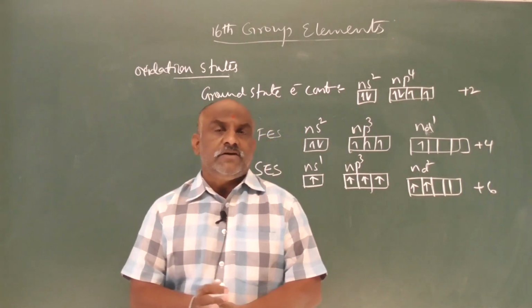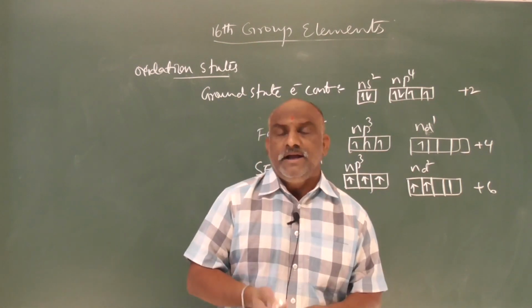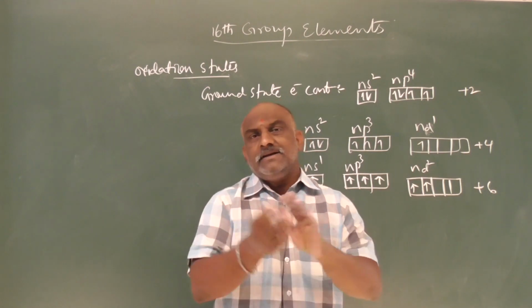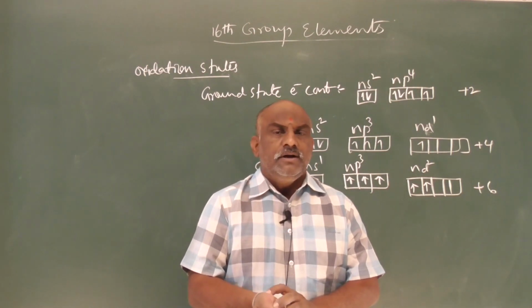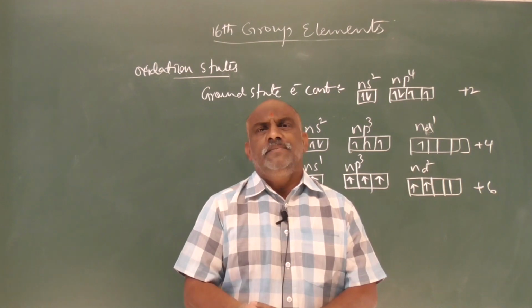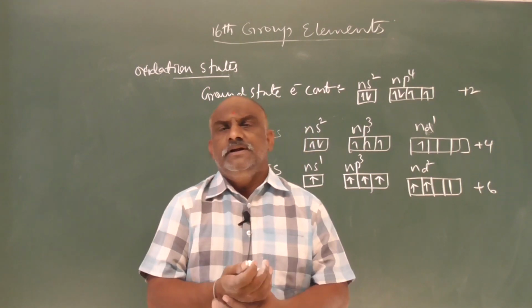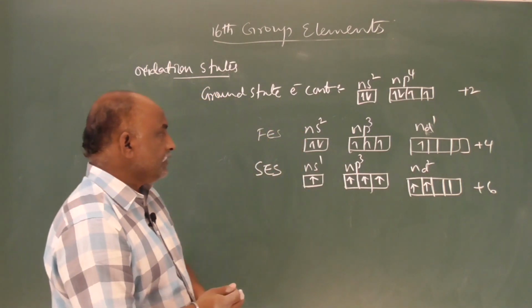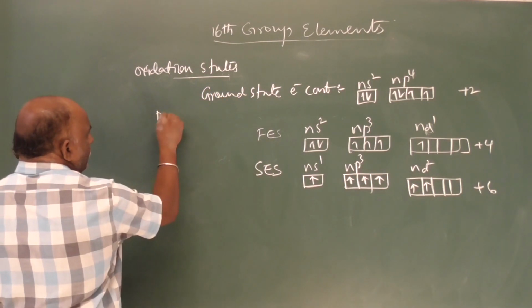Generally, oxygen is satisfied with 2 bonds and 2 lone pairs, while the rest of the elements show covalency beyond 4 because of the availability of vacant d orbitals. Due to that reason, they can expand their electronic configuration, and while expanding the configuration, the covalency also expands. So, except oxygen, the remaining elements have covalency beyond 4. Oxygen covalency of 4 is not possible; practically it is maximum 3, as in H3O+, the hydronium ion. Clear? So, here +2, +4, +6 oxidation states.